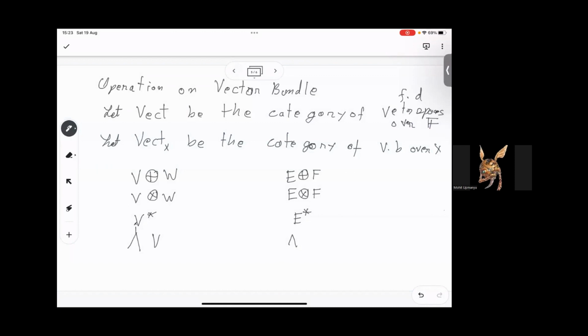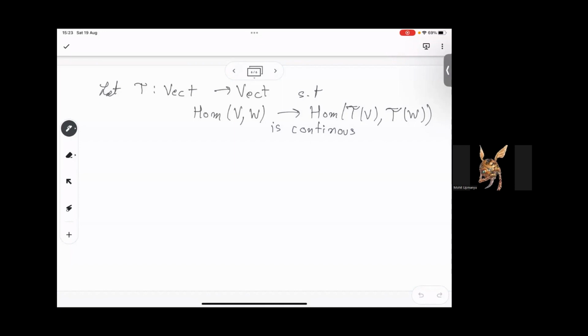And therefore the category of vector bundles that we'll have will also be made up of finite dimensional vector spaces, right? Involved in the vector bundle, right? So I'm just going to point that out. This is an underlying assumption which I completely forgot to mention before. So suppose Hom(V, W) is continuous. So again, all of these Hom(V, W) have topologies, right? So now what we want to say is that we can extend this T to all of vector bundles,